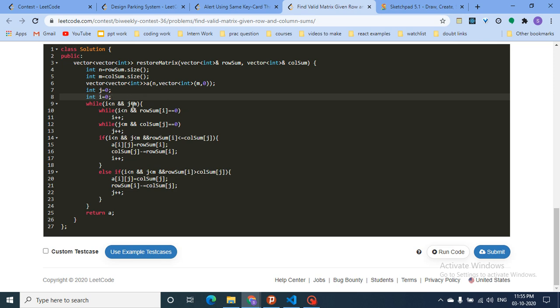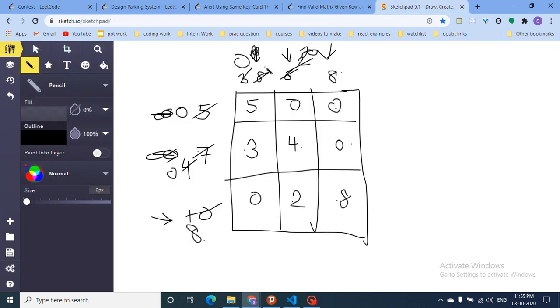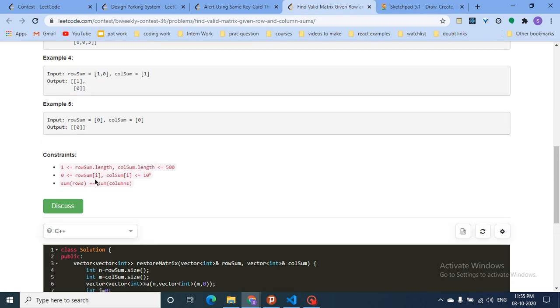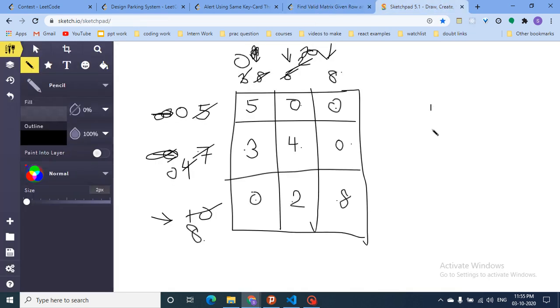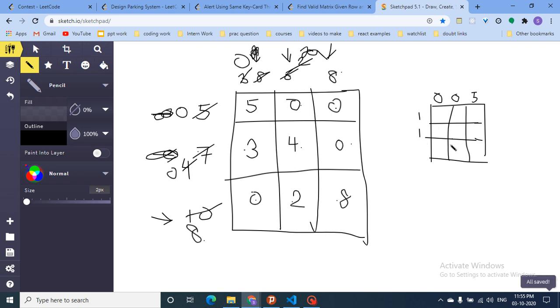Then first we will check that both i and j should not be equal to 0, because as you can see in this, the ith row or column value can be equal to 0 also. If it is 0, it can happen that I have a row equal to 0, 0, 5, like this, and something like 1, 1 here. But if I point one pointer here and one here, then this is 0. So this is nothing great, because if the minimum of them is 0, I will fill 0 only.